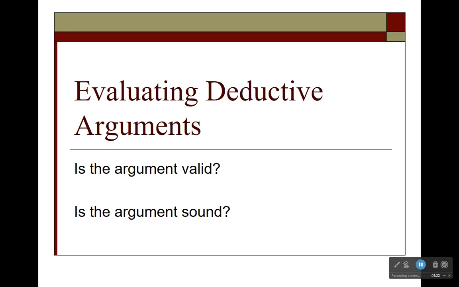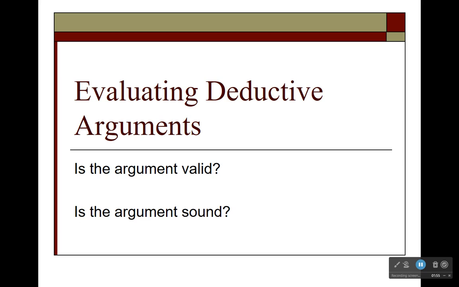Especially in the third unit of the class, when we get into applied ethics, the readings are organized around the presentation of arguments. Arguments will be presented on both sides of different contemporary moral controversies, different controversial questions in ethics today. We'll look at articles that present arguments on both sides of an issue, and you want to be able to think critically about those arguments, to critically assess and evaluate them. So how do you evaluate arguments?